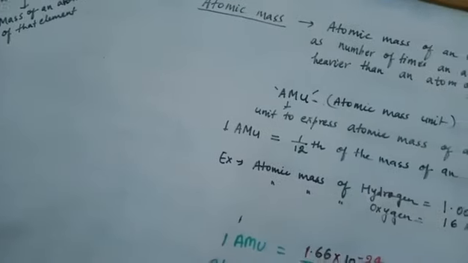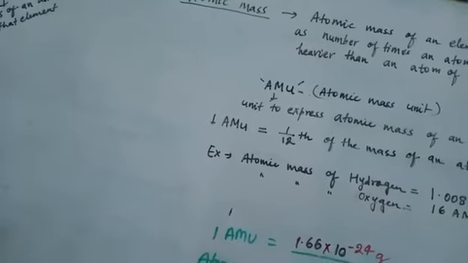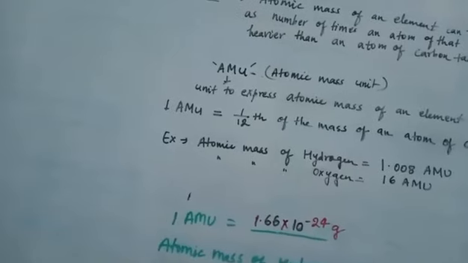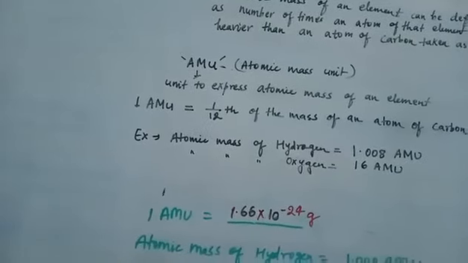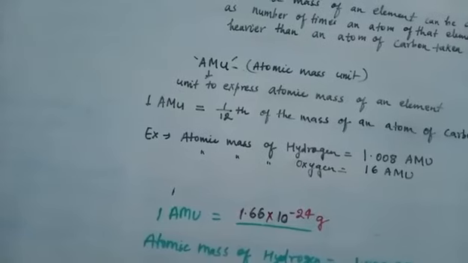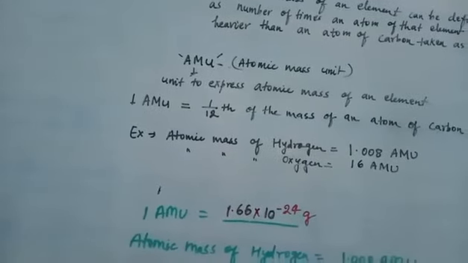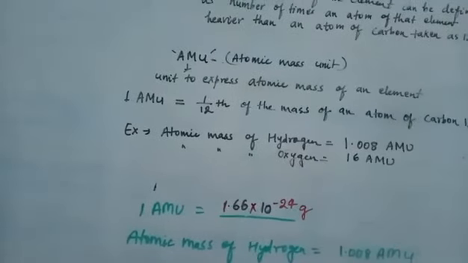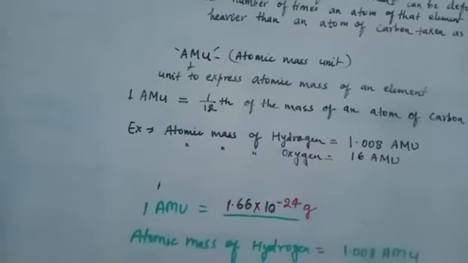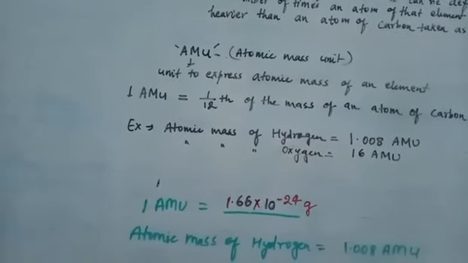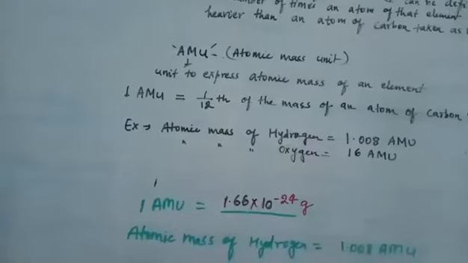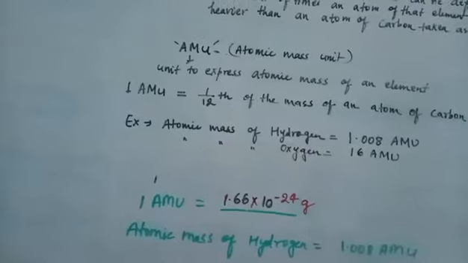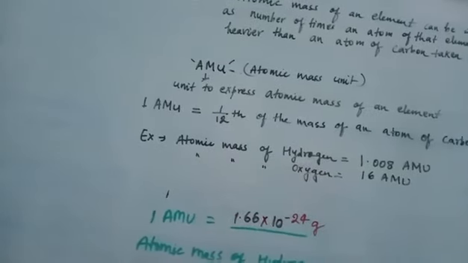For example, if you have been given a sample of chlorine element, let's say one full spatula of chlorine, in that sample you have millions of atoms present. And if you are asked to calculate the atomic mass of chlorine, it means you are asked to calculate the mass of one atom present in that chlorine sample. Just one atom.